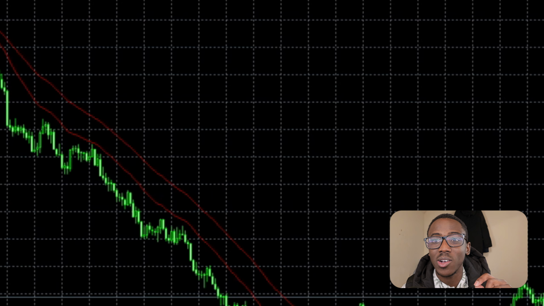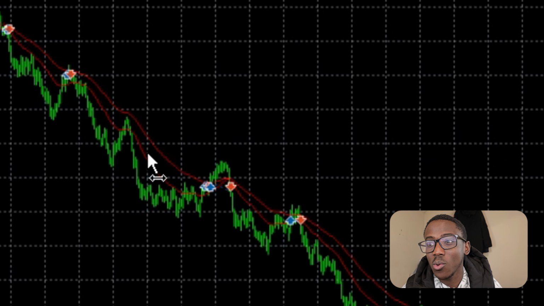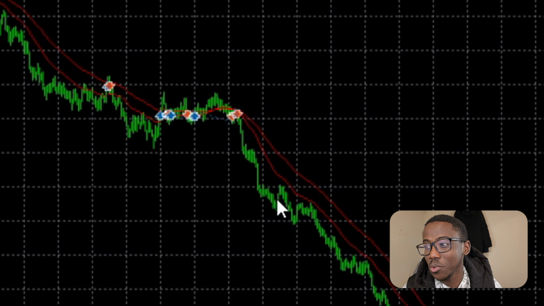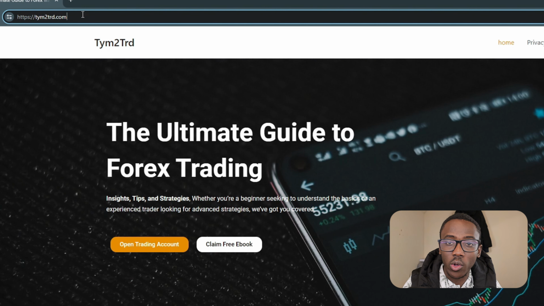Let me just zoom out. In this case, there were no trades here. From this point to this point, there was no trade. From this point to this point, there was no trade. But we really need to take every chance to make money out of the market. So what I'm going to do is go on